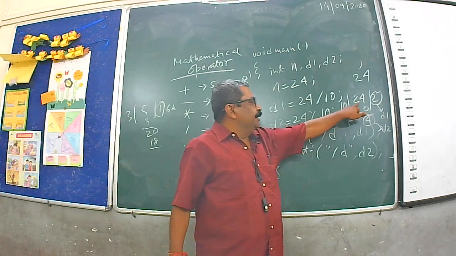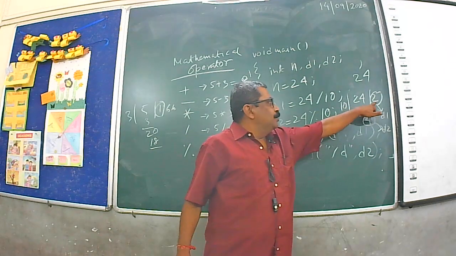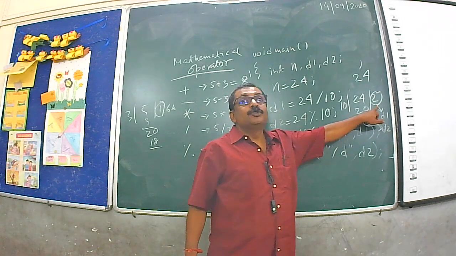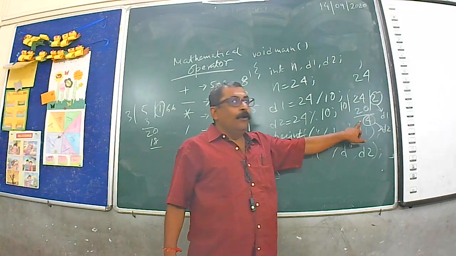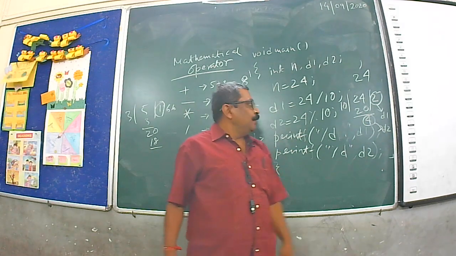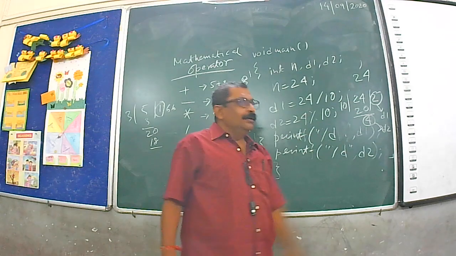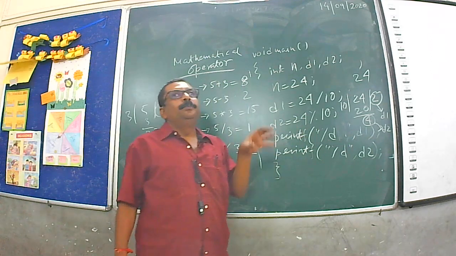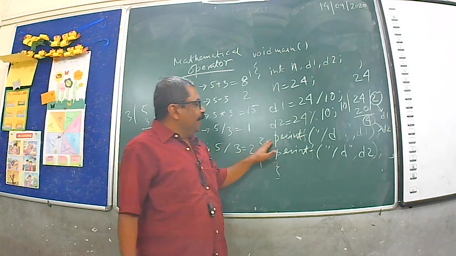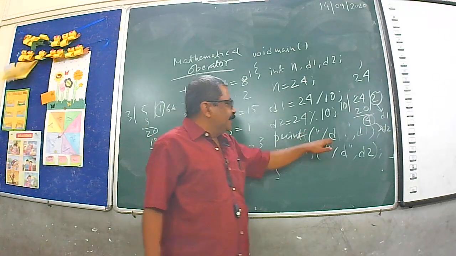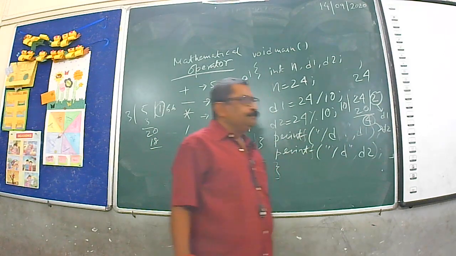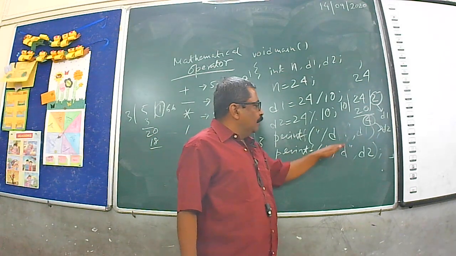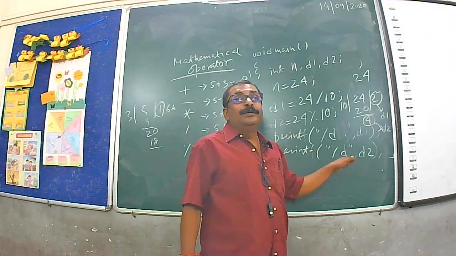If you divide 24 by 10, the value of D1 is 2 and the remainder 4 is D2. So, the calculation part is over. Now the conclusion part, where we have to print the value. Here printf("%d", D1); next line printf("%d", D2);